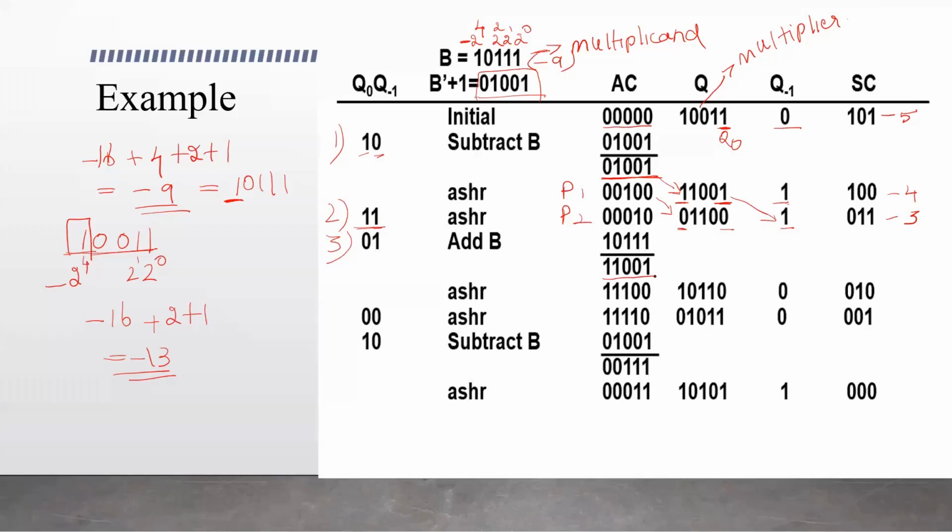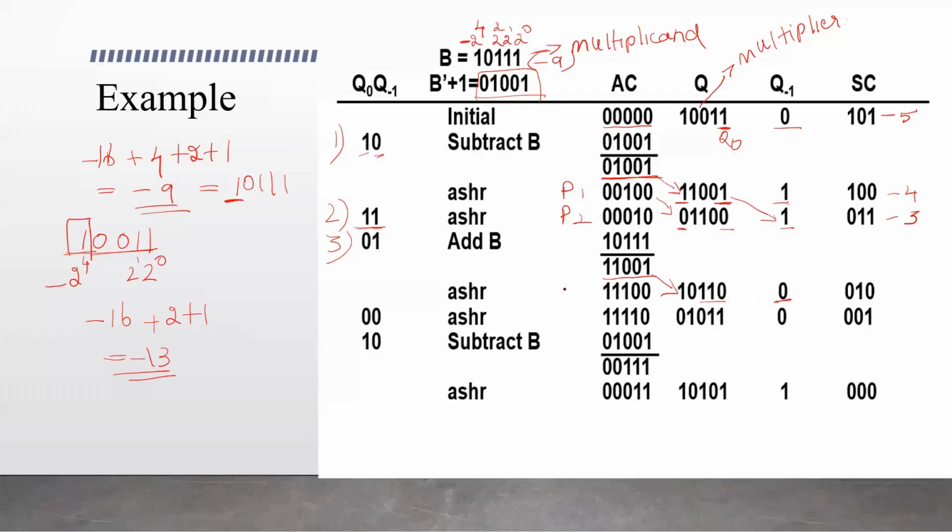And the next operation is shift right. Keep the sign bit as it is and move the other bits of the register one position right. So it is 1, 1, 0, 0, and this will take the most significant bit position in the next register, and the 0 bit of Q minus 1 will come here, correct? 0, 1, 1, 1, 0 will stay in this, and the last bit will go to the next one.